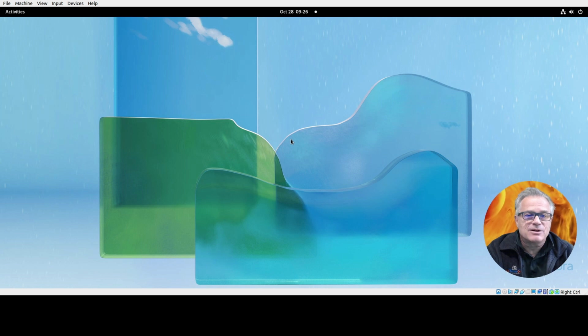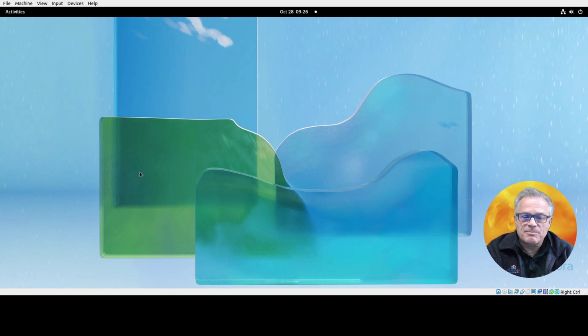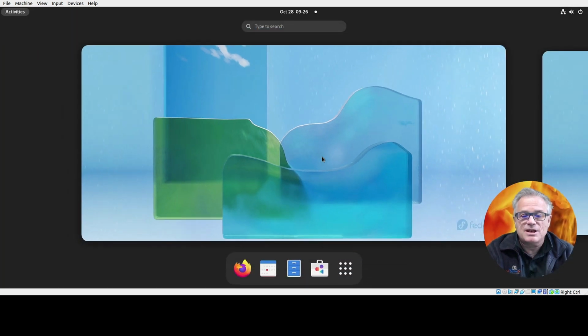And we can see here, this is a clean install Fedora into a virtual machine, and this is the defaults that it comes up with. What I found very interesting about this is that it is a very clean interface. Your activities button goes to the bar and goes back. But the default screen, there are no icons here. You either have to hit the Windows key on the keyboard or the activities menu to actually get to your icons. So we touch the Windows key and we see that the defaults here are Firefox, Calendar, File System, and